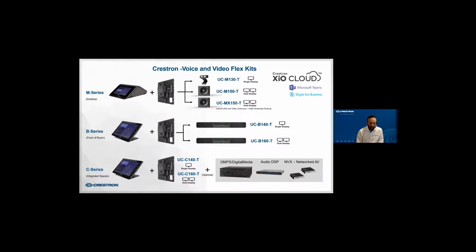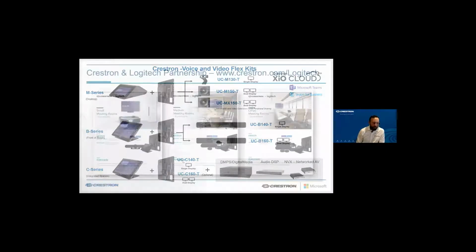When we get into the C series space, we can now start looking at really making complex spaces work with Teams. So Crestron's core product range, which is video switches and audio DSPs and even networked video over compressed video transport on the network, means that we can do any space and we can make it Teams compatible. What you'll see coming later on this year is that the peripheral sharing capability with the MX150 will come to many other devices in the range, and then we'll truly have a flexible solution for every meeting space. We've got some exciting announcements to make as well.